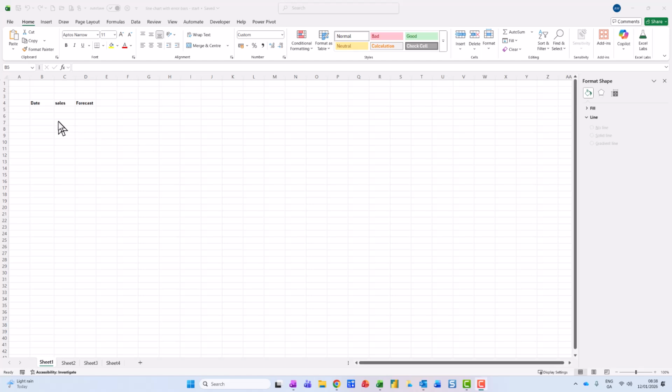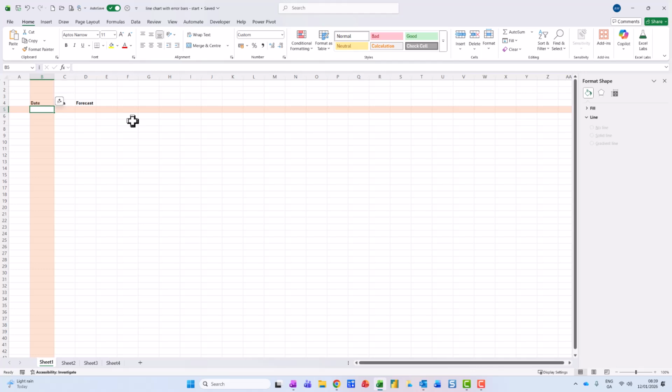Hi, you're very welcome. I just want to show you how to create a line chart with a kind of suspension bridge effect. I'm going to start by putting in some dates,